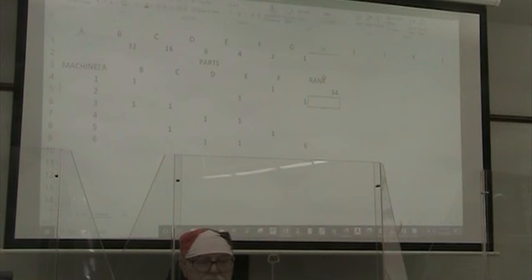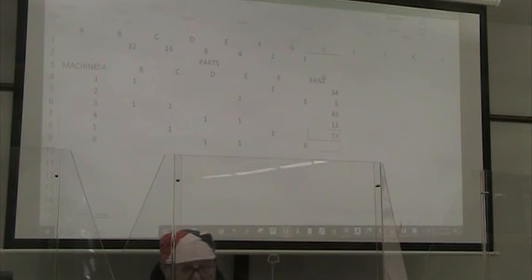Machine 2 is 4 plus 1. Machine 3 equals 32 plus 16. Machine 4 equals 8 plus 4. Machine 5 equals 16